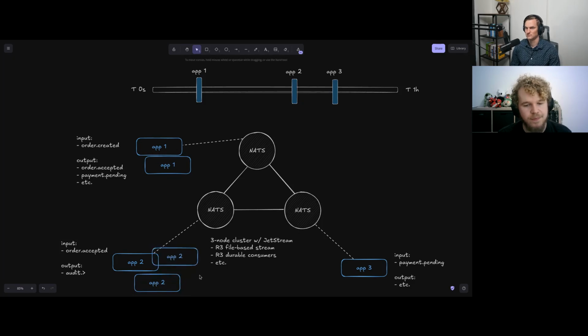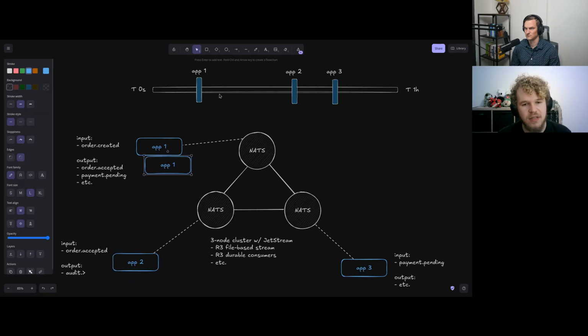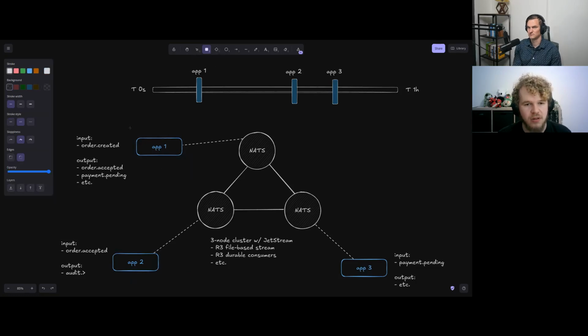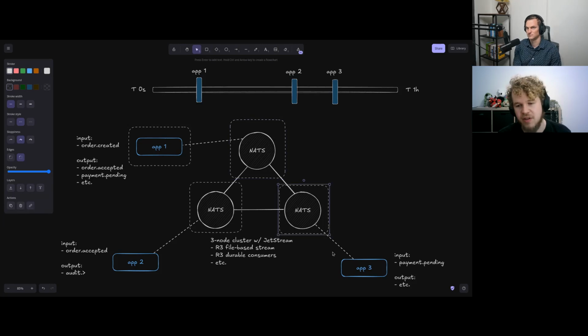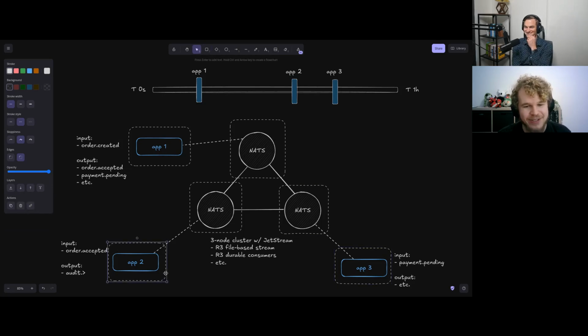But one thing to realize here is that these applications are all living very likely on their own node. So each NATS instance is in a different node, maybe even in a different AZ or a different cloud provider entirely. Who knows? Depending on your use case.